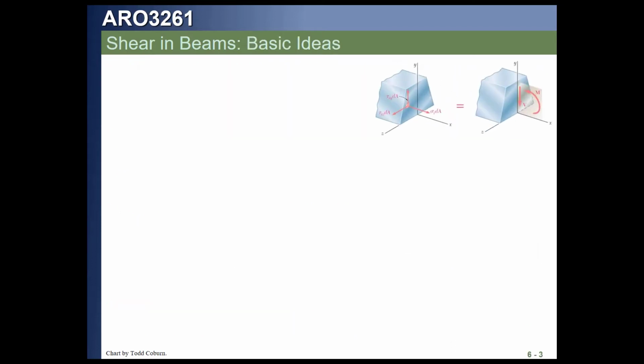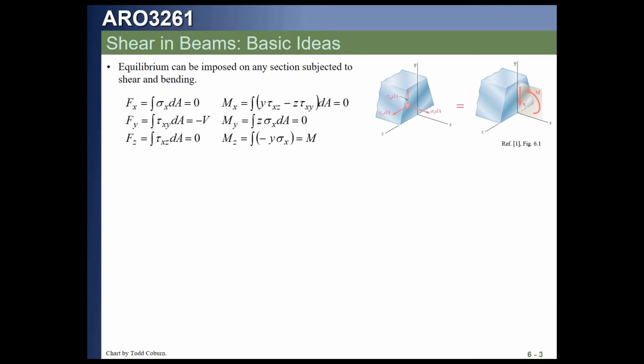So our basic concepts, we can kind of understand this further if we look at a general section loaded in shear and bending. If we're loaded in shear and bending, we can then sum all of our forces on this. We can sum the forces in the X, Y, and Z directions, as we see on the left, sum of the force in the X, and we can write all of the shear forces in terms of stress. So we say, hey, this loading is going to cause stresses on every little point on this beam. If we focus on the little element, the little dA element here shown in the first figure, we see that the stress that it sees times the area that it's acting on is going to be the force. If we look at the force in that little member, the little stress times its increment of area, and then sum up